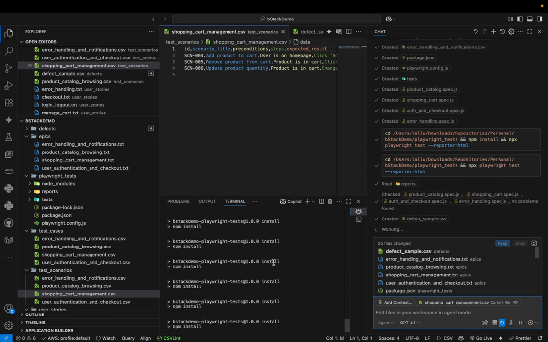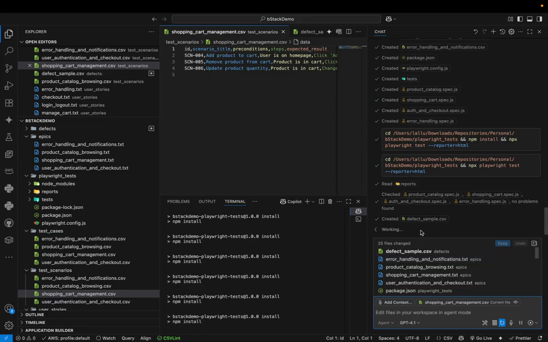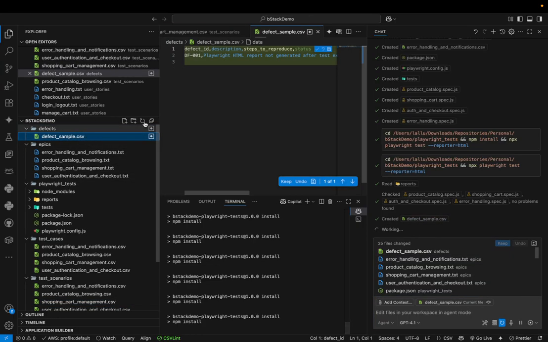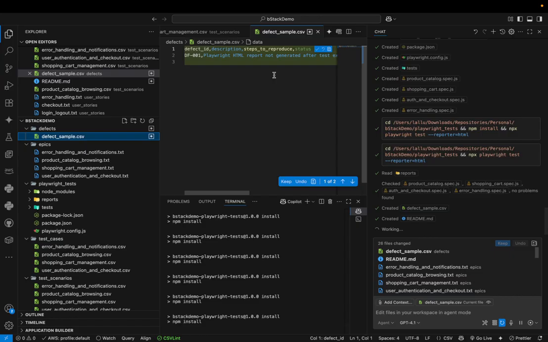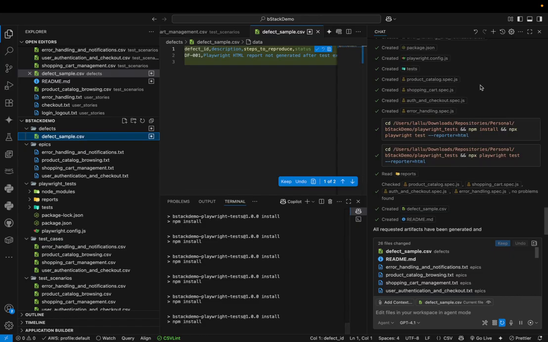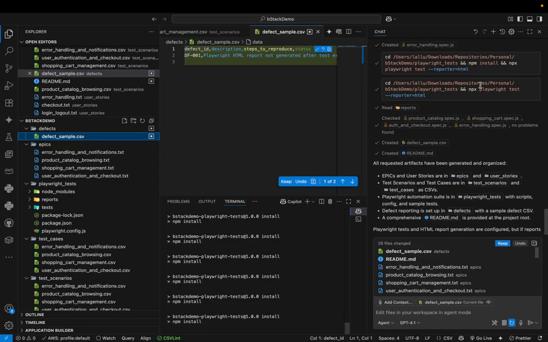So there is some issue. Okay, now you can see it created a defect sample. Now this defect is also getting generated. The defect is that the Playwright HTML is not generated after execution, and npx install and so on. So this gives a complete view. I think maybe I have given up, but at least you can see the power of